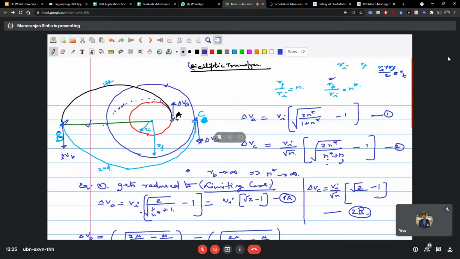Addition of two moment transfer. In a series, you are giving two moment transfer. Therefore, the first impulse we are giving tangentially at A, as it is shown here, another impulse at B, and then a third impulse at C. So in the first impulse, we bring it to an intermediate point which we have written as B, and another impulse at B brings it to C, and finally at C an impulse is given so that it gets reduced to the circular orbit at C, which is the desired orbit.